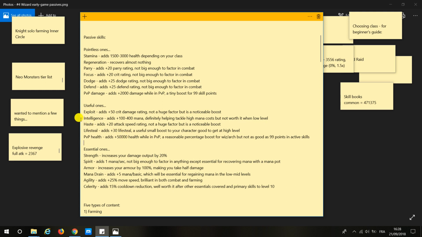So the couple of ones which I want to highlight are Intelligence here. Intelligence adds 100 to 400 mana to your character. That's at 10 out of 99, and then maxed. This is one of the few passive skills that goes up to 99. Now 100 mana for 10 skill points is very good. I'd recommend doing that once you've got lots of skill points, but the 400 mana is a lot of skill points to put in. 99 skill points is a lot, so you only really want to do this later on. It's basically an extra bonus to your character when you've got loads of skill points to use,